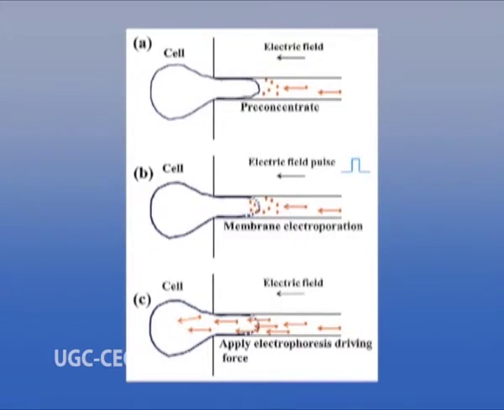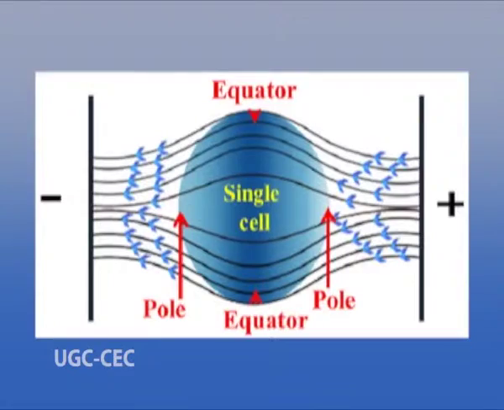During the process, the conditions should be optimized in such a way that the pores are sufficiently large and remain open long enough to allow DNA insertion. At the same time, the conditions should make pores that are temporary. This can be achieved by optimizing the field strength, that is, the voltage applied across the electrode.